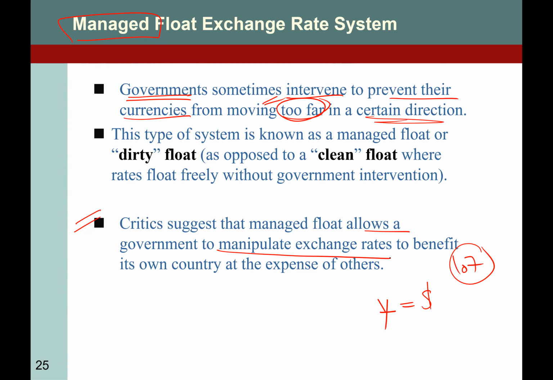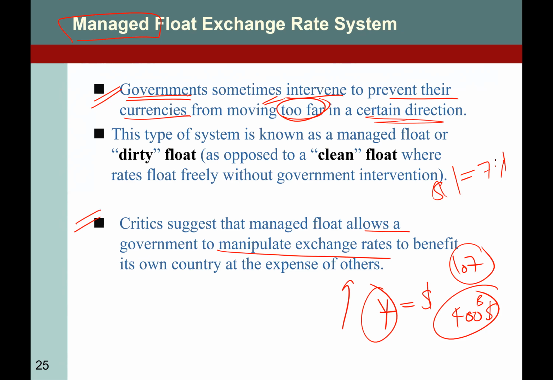Of course, like the US is accusing China that they have artificially managed their yuan. They should increase the value of the yuan so that our current account deficit, which has crossed $400 billion, should be reduced, right? Why? Because the government intervenes and manages this. $1 is equal to 7 yuan.